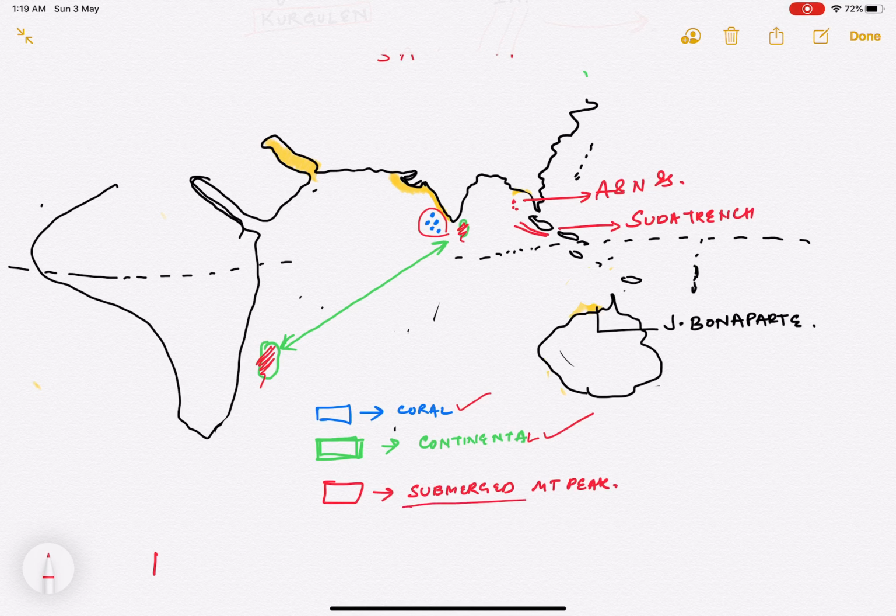Then we have the submerged mountain peaks. What is the submerged mountain peaks? None other than your Andaman and Nicobar Island. We also have volcanic islands located in the Java region. Next,